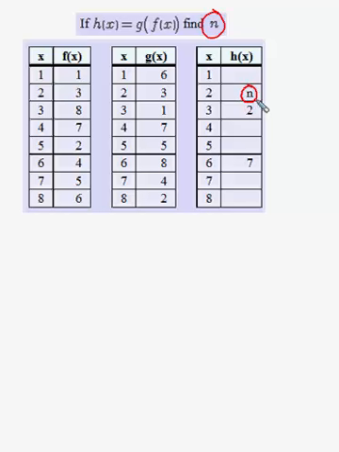The key to solving this problem is to first rewrite the question, find the value of n, using function notation so that I can make use of the given information. Since h of x is the notation for the output of the function h, and x is the input variable into the function h, asking the question find n basically is asking to find the output of h when the input is 2, and using function notation to write that question, that would look like find the value of h